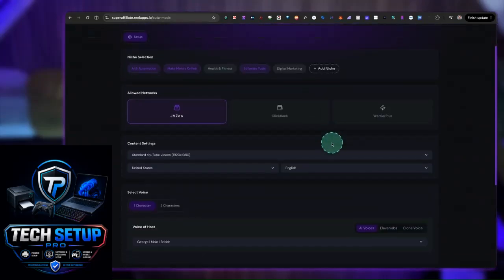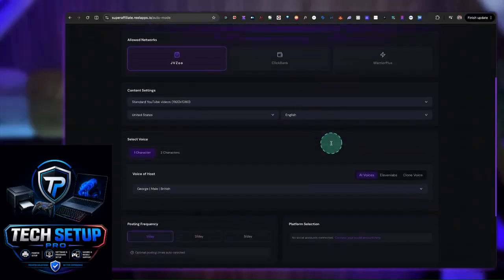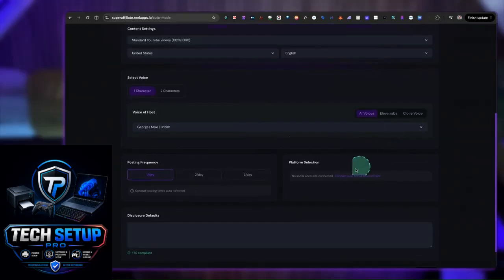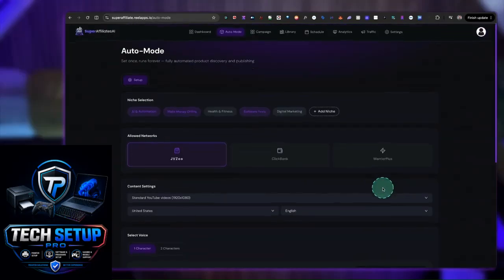So I cannot show you that right now, but this is how simple you can do it. Like I said, you could fully automate it. Well, this is how you automate everything. You fill out the details, you select your social media platform, you hit save, and it will do the job for you. And that's basically what's super